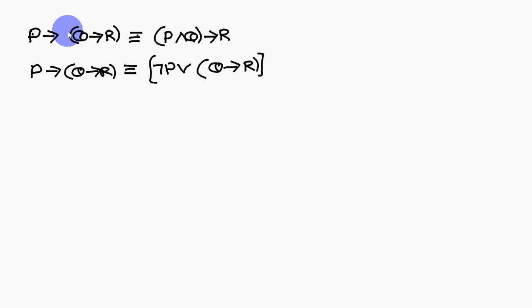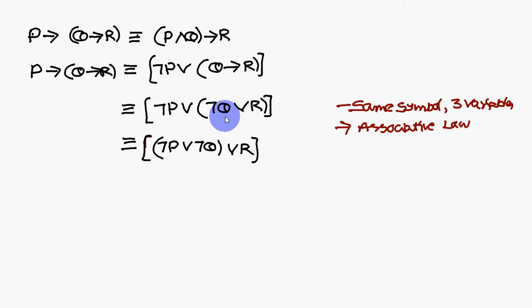Okay, this is about the problem. Next, P conditional Q conditional R is identically equal to P and Q conditional R. So I have taken the left hand side, which is logically equivalent to, I am removing this condition. So not P or Q conditional R I am writing. Next I want to remove this one, not Q or R. Not Q or R you come across with. Now if you look at this one, both are R symbols. So what you can do? Not P or not Q, you can write it R R.